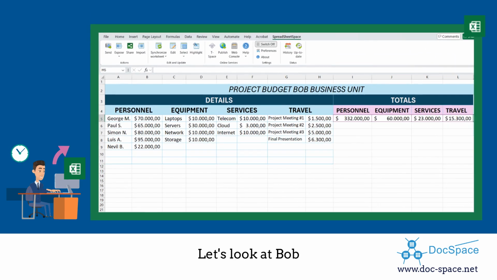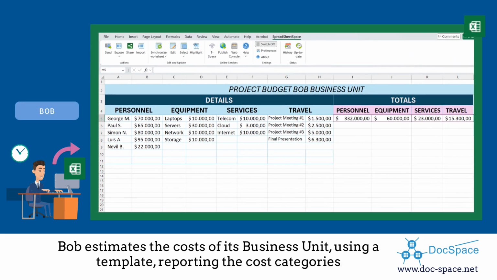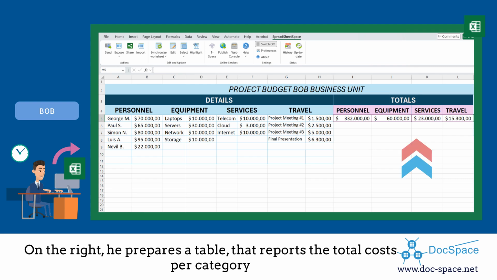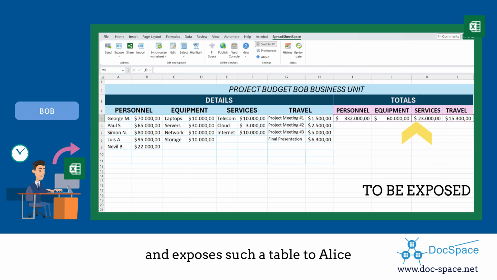Let's look at Bob. Bob estimates the costs of his business unit, using a template reporting the cost categories. For each category, he lists the cost details. On the right, he prepares a table that reports the total costs per category, and exposes such a table to